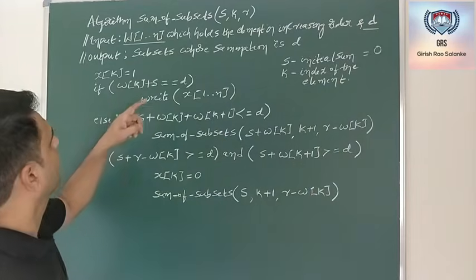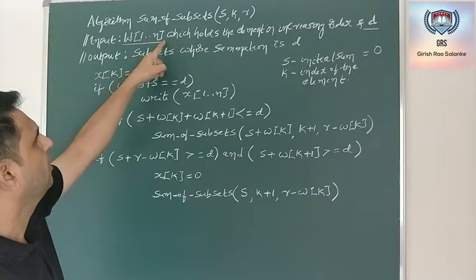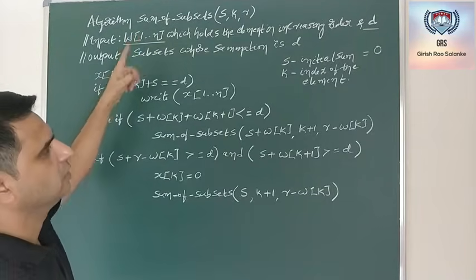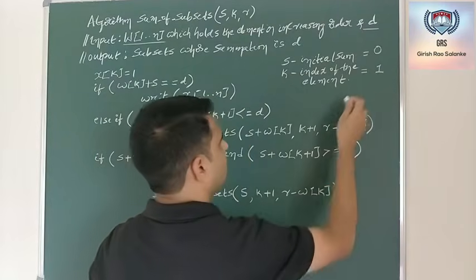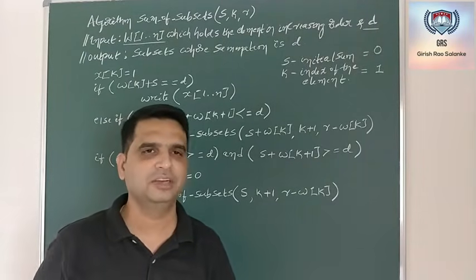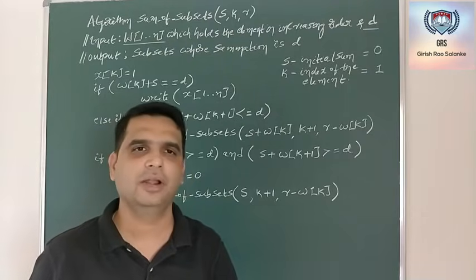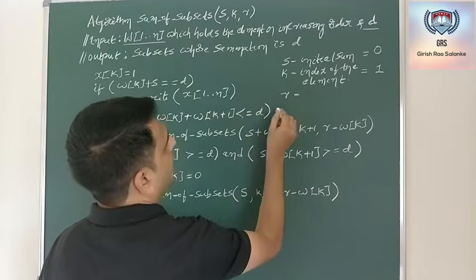As you see, here the input set S is denoted with W of 1 to n, wherein the index of the W vector starts with 1. So even here, the initial value of K is 1. Later on, in the algorithm, we are going to update whether to consider the second element, the third element, fourth element or fifth element and so on. Now, coming to R. The last argument is R.